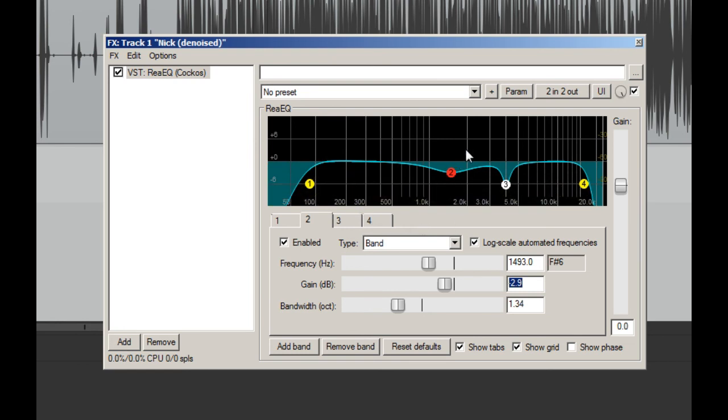Oh, and you can see it on the spectrogram, because like this bump, it's